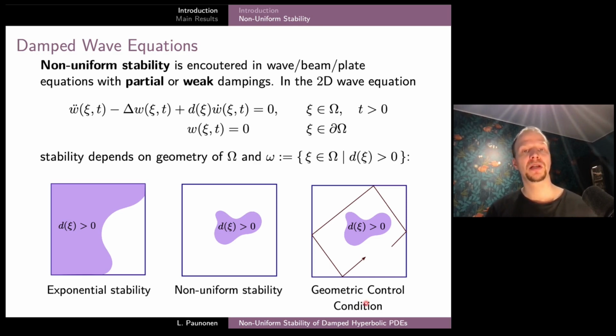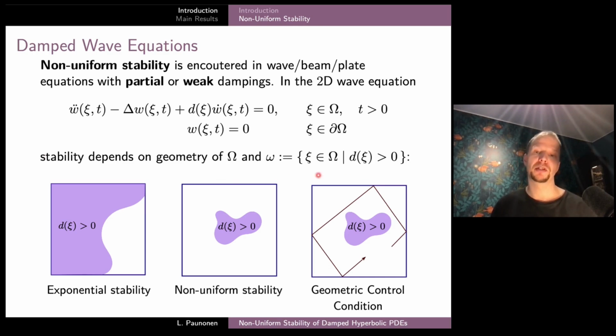And non-uniform stability especially appears in damped wave and beam and plate equations in the situations where the damping is either weak in some sense, or it only affects a small subdomain of the spatial domain of the PDE. Especially the non-uniform stability of two-dimensional wave equations with viscous damping has been studied extensively in the literature. And in this particular PDE, the stability depends heavily on the geometry of the spatial domain, as well as the